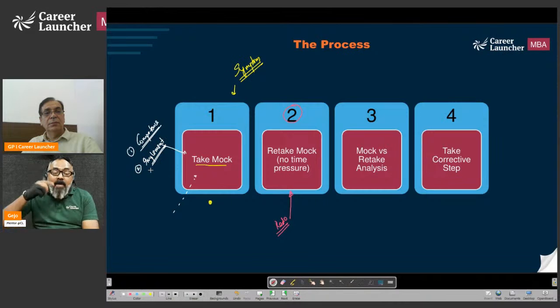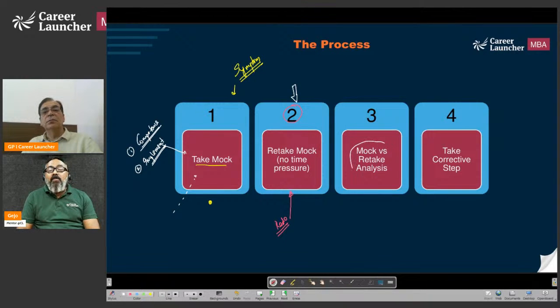Am I able to implement my learning in the mocks? वो बहुत सारा बात होता नहीं है ना. So ये पहला second step है. उसके बाद is where you do actual mock and a retake analysis. ये this is not giving solution, this identify problems. Identifying problem is actually 75% of the problem solved, and then we may take corrective step, then we can understand